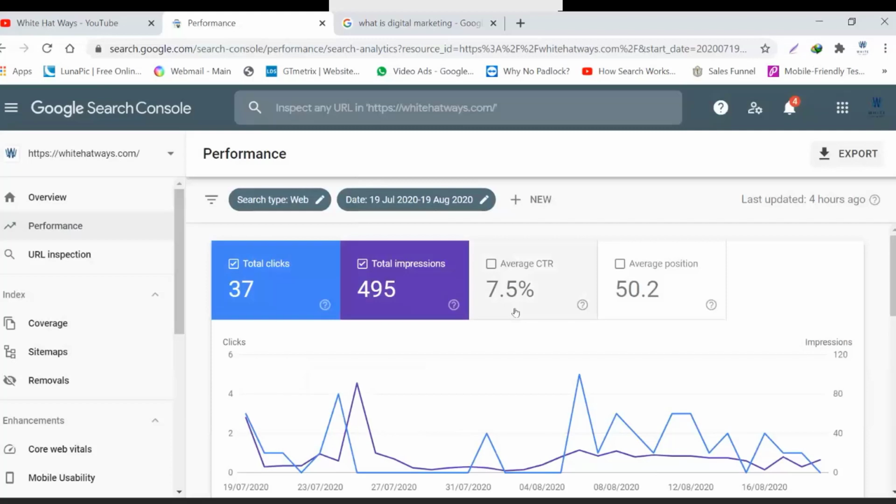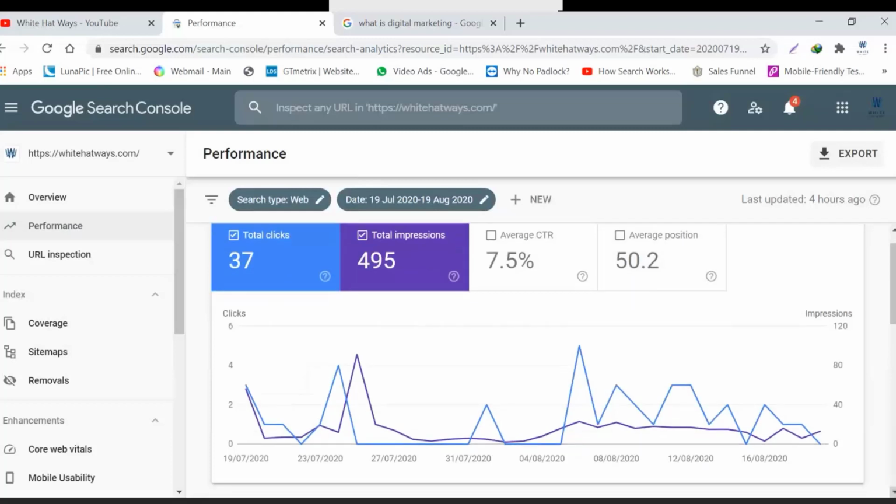So obviously it is a better off position. I can confidently say that I was doing better within this period rather than in the September and October months. My average position again was 50.2, while in the earlier case it was 60.1. So again I'm landing on the 6th page over here, while I'm landing on the 7th page now. So the performance has deteriorated over the period of time rather than getting better.